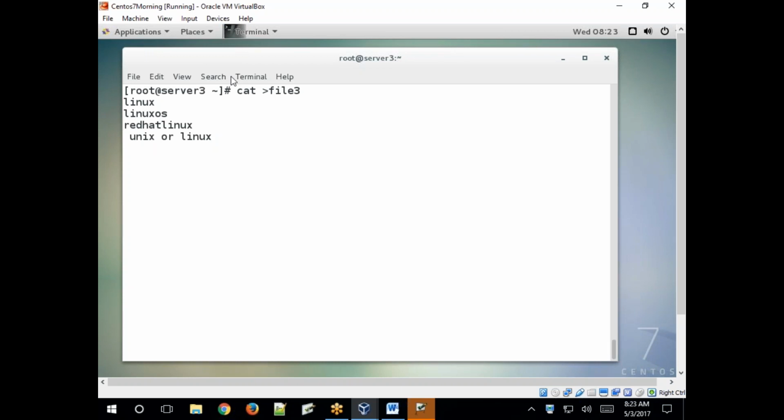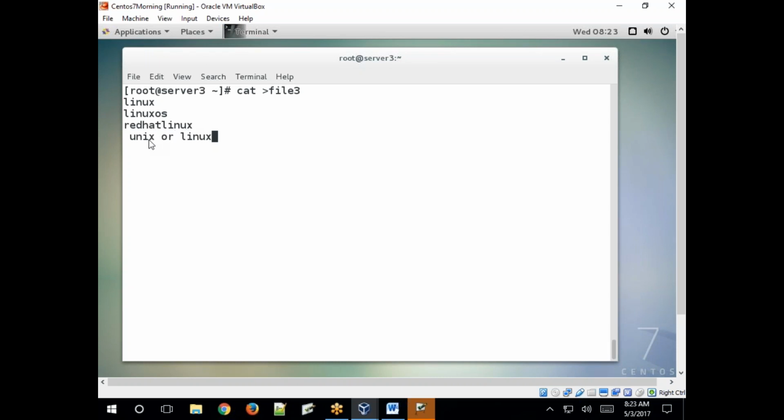So if you do not specify -w, then grep will search for the matching pattern. So here Linux is matched with Linux OS and Red Hat Linux. In Red Hat Linux, Linux is there, so it returns this line also, because Linux is matched with the Red Hat Linux word.